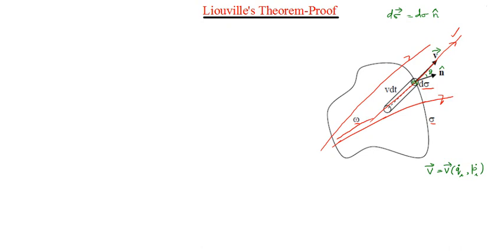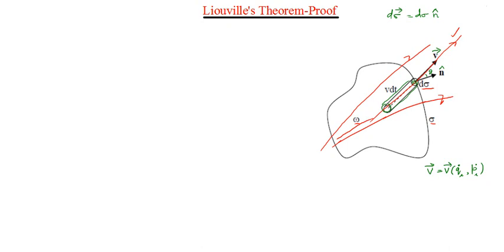Now, if rho is the density function, around the area d sigma we are considering a very small elemental volume of the phase space, surrounding the trajectory under consideration. I have represented it as a cylinder here. This particular cylinder represents an elemental volume. It is a cylindrical volume we have taken for convenience in calculations.